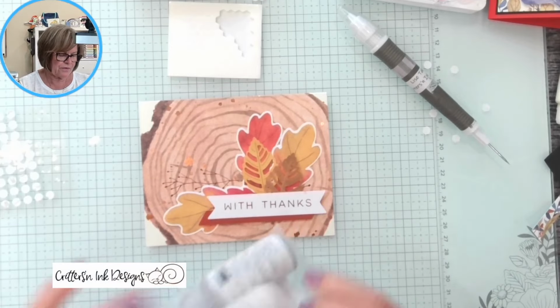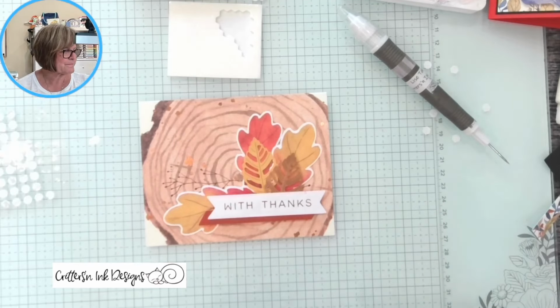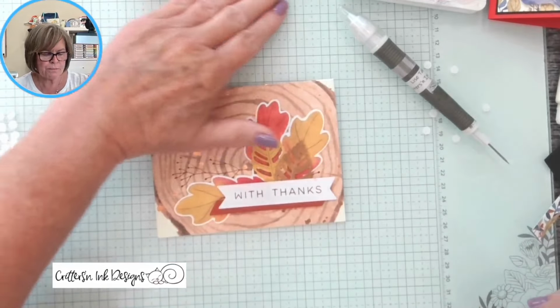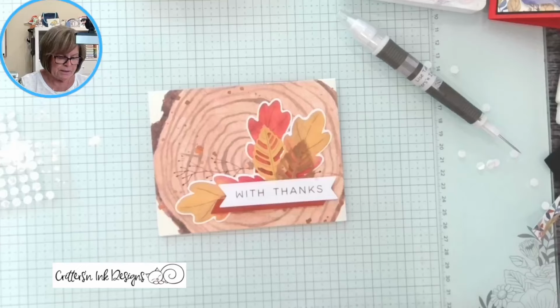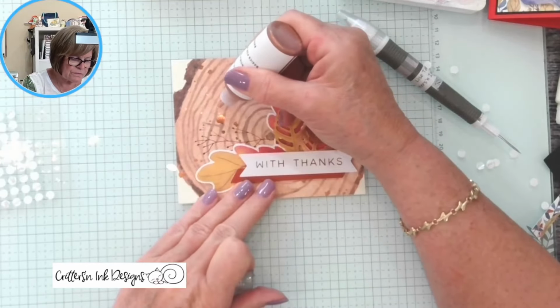We have copper enamel effects. So I have two things I'm thinking about. One, I can make a little copper wash and splatter, like put a mask over this part and just splatter, but it's already sort of splattered. But what I could do is make some of these dimensional